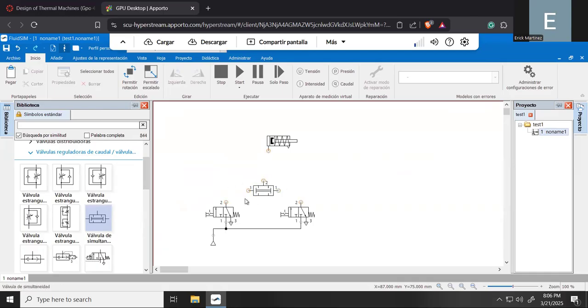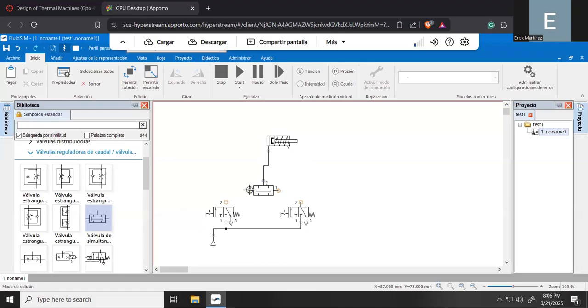The interesting part of this valve is that, well, you have three ports. You have one port in the left side, and you have another port in the right side. So the way in which this valve works is that you need to apply air into this port and to this port at the same time in order to allow the airflow in port number 2. Okay, so I will connect port number 2 of this two pressure valve to the single acting cylinder that is